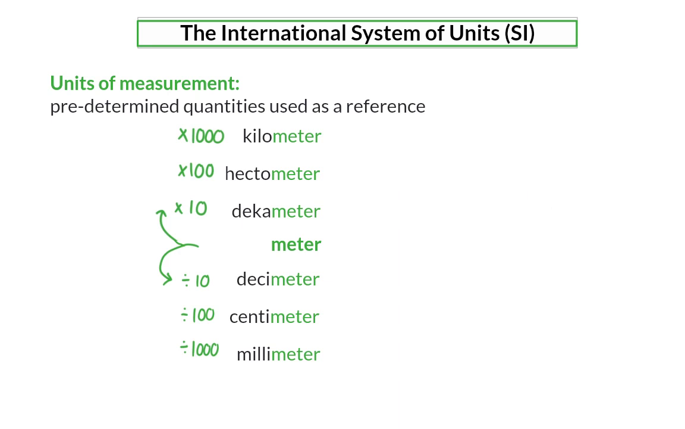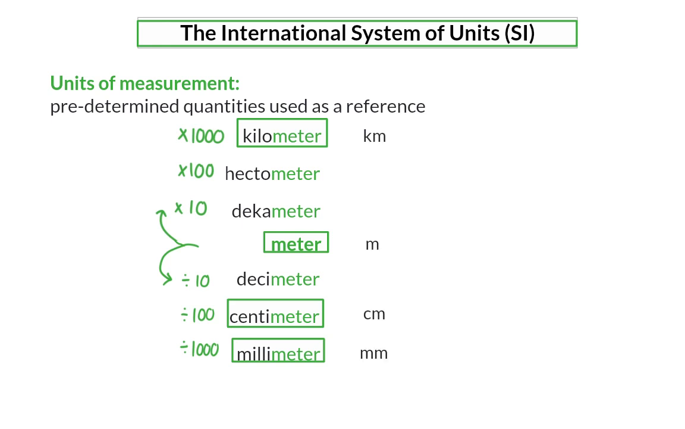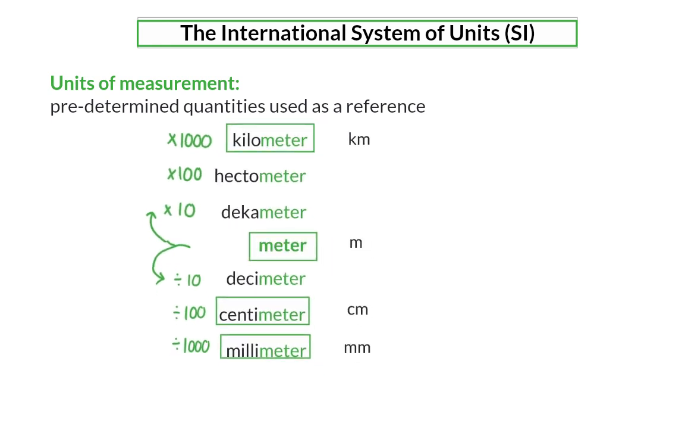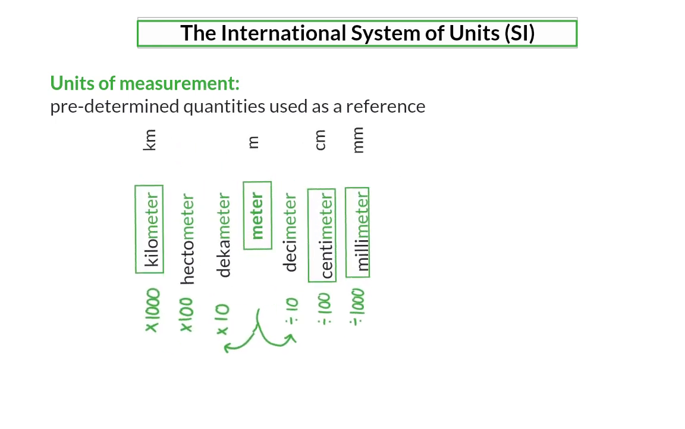Not all of these measurements are used often. So we are going to focus on kilometer, meter, centimeter, and millimeter. And for each of these, we also have an abbreviation. This system is used specifically because it fits perfectly with our decimal system. Placing the comma after the meter, we can clearly see that a kilometer is 1,000 meters. Or we can see that a centimeter is